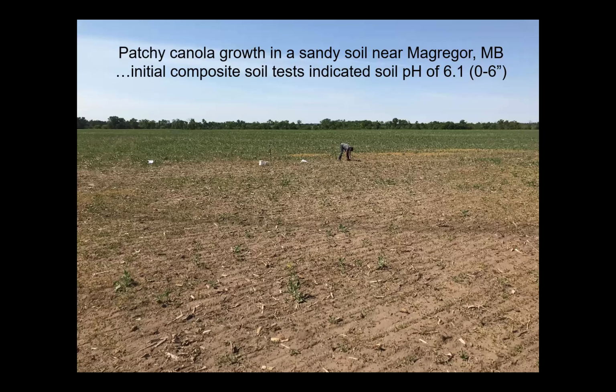So these are some photos that John Hurd had taken a few years back where he had been called by an agronomist to come and take a look at a field which was having very patchy, odd growth or lack of growth, as you can see in the forefront of these photos, of canola on sandier soils near McGregor. And when they looked at the pH of the soil and looked at the composite sample, the pH was around 6.1. So not that far out of that 6.5 to 7.5 neutral range. Doesn't look like it should be an issue, but you can see that the canola off in the distance is growing a lot better, even though not great, but better than this large patch here in the forefront